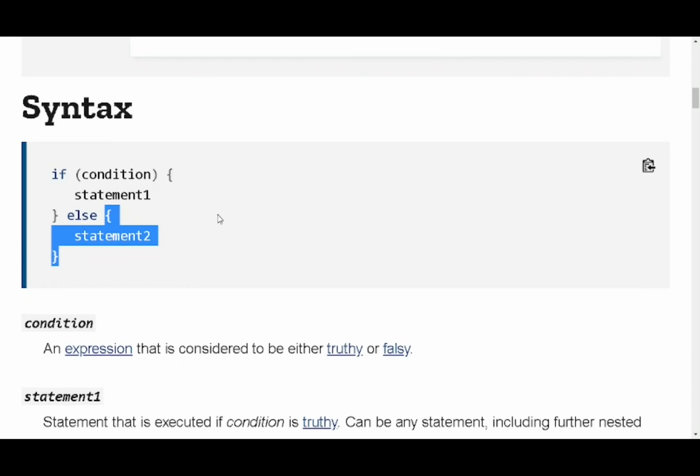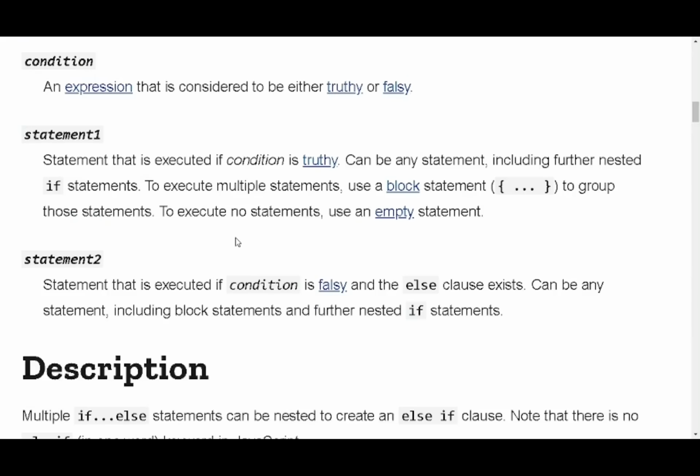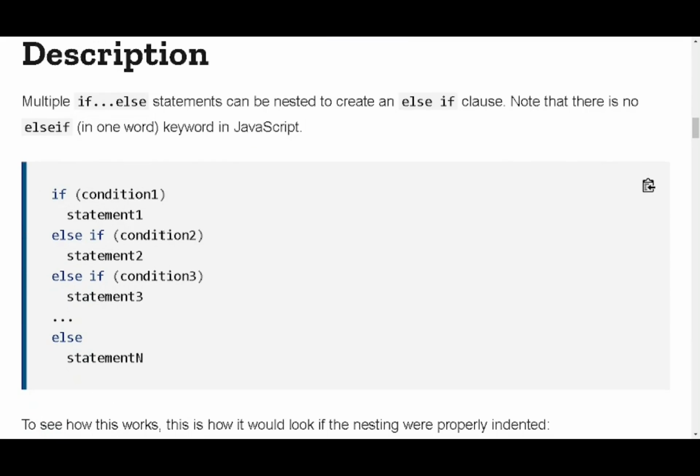Then there can be variations of if else. We can have nested ifs, which take a syntax like this. There is no particular keyword like else if in JavaScript. So this keyword is not available in JavaScript. What you can do is, if you want to do an if else, and to proceed with the else you need to do another condition check, you can keep another if along with else.